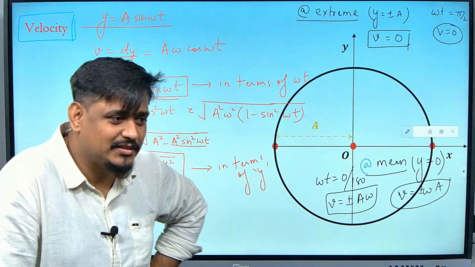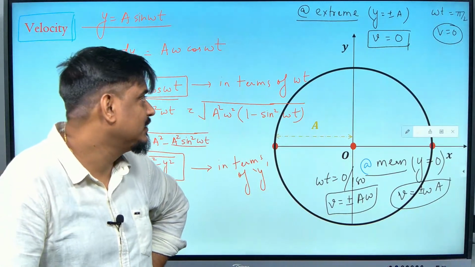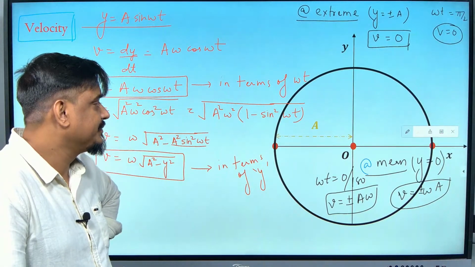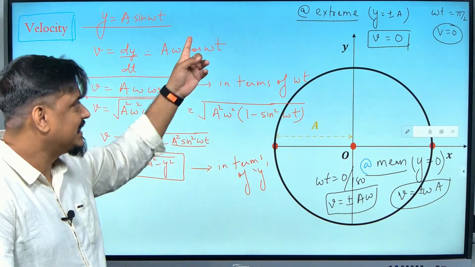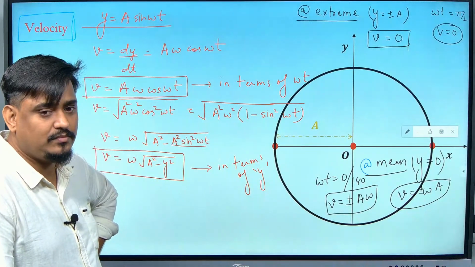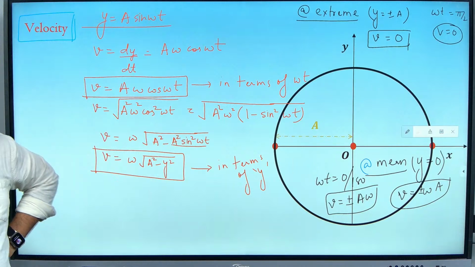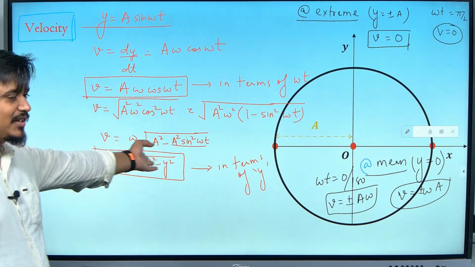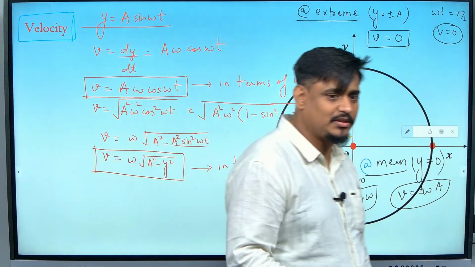Hope you're understanding. Ask me, Abhinand. Sir, your y is equal to plus or minus a, sir. Omega a. No, y, sir. Oh, extreme, yes, tell me. So y is equal to plus or minus omega a, sir. So let's say it's minus a. So we put it in this formula. Minus a square is how much? Square is always positive, you know. So it will become once again a square. It will become 0. Understood, Abhinand?